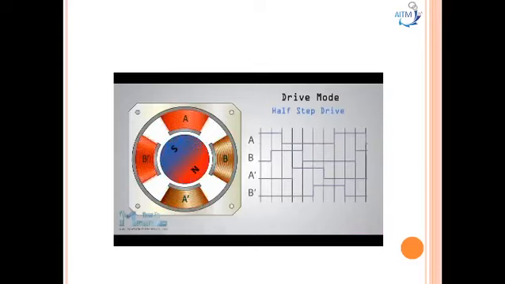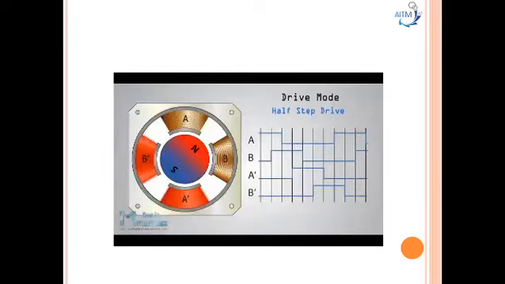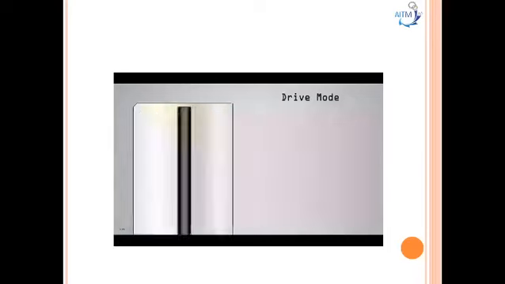For increasing the resolution of the stepper, we use the half step drive mode. This mode is actually a combination of the previous 2 modes. Here we have 1 active coil followed by 2 active coils, and then again 1 active coil followed by 2 active coils, and so on. So with this mode we get double the resolution with the same construction. Now the rotor will make a full cycle in 8 steps.